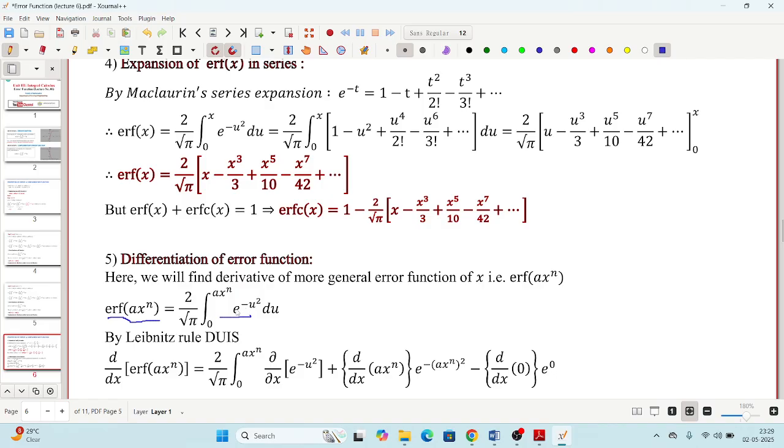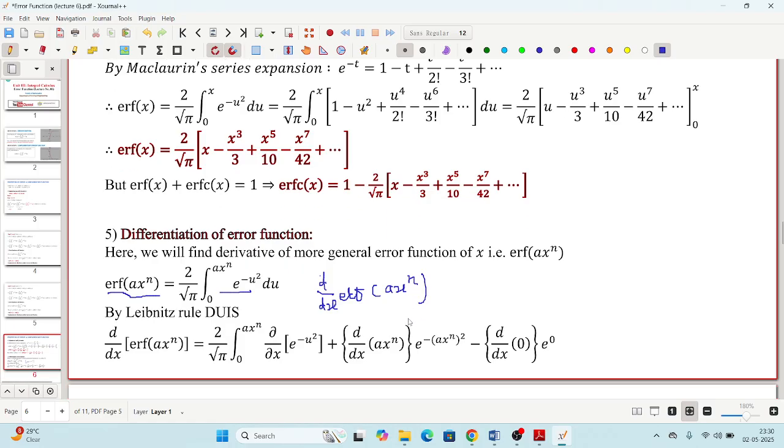What kind of question will be there? If error function of ax to the power n is equal to this, then your question will be: find d by dx of error function of ax to the power n. This will be your question. Actually, it's very easy. We are applying DOIS rule 2 to find this. Now, by the DOIS rule 2, I hope you remember